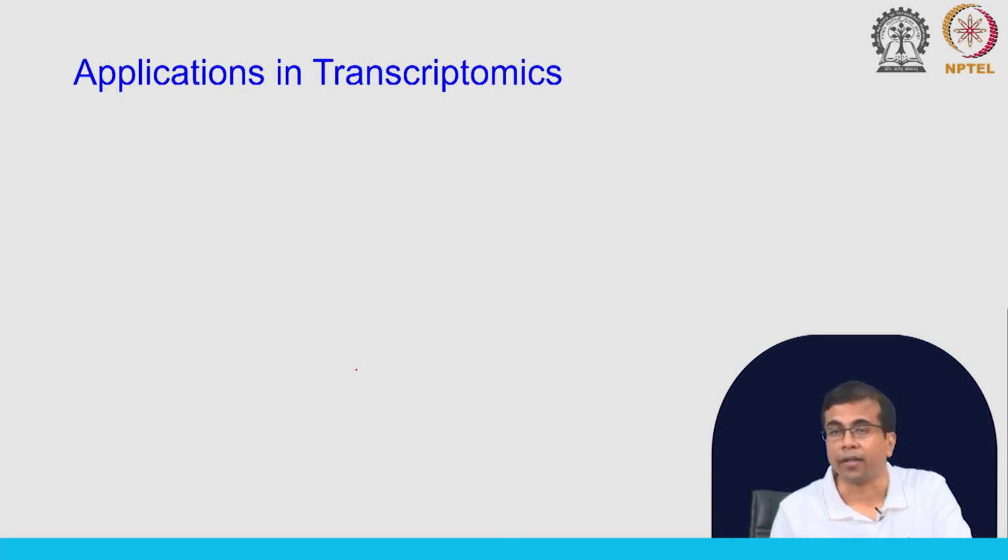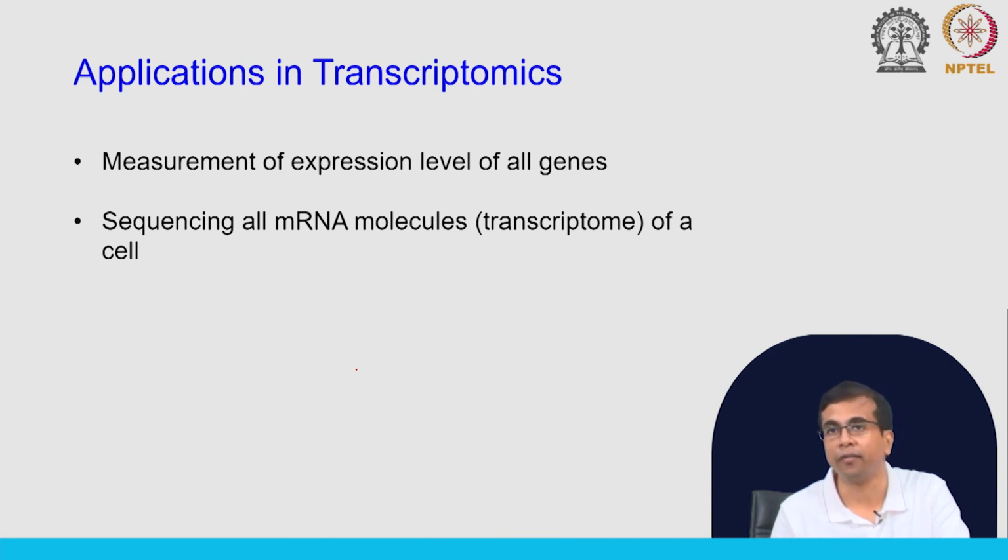It can be applied in transcriptomics and we are seeing these applications across many different fields. One of the most important studies of transcriptomics is to look at disease samples and try to understand how gene expression changes between disease and normal samples. So, this can give us insights into the disease process, right. This is very important and has been done for many diseases now. In transcriptomics, we measure the expression level of all genes and we sequence all mRNA molecules, the transcriptome of a cell. Of course, we do not directly sequence mRNA, there are specific processes that we go through